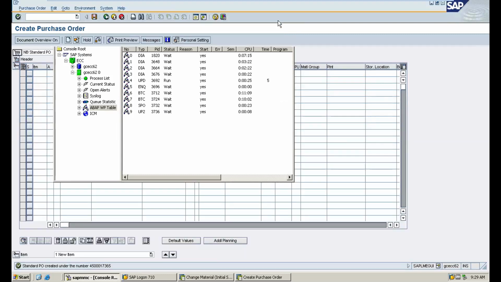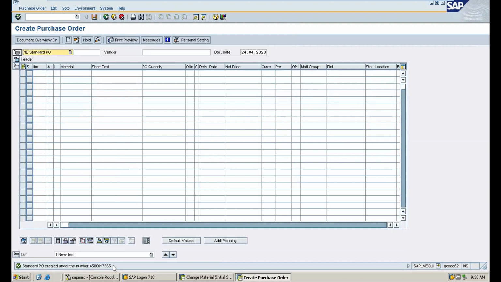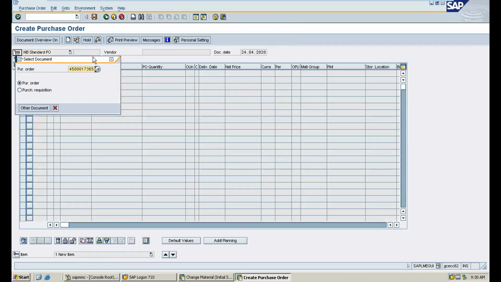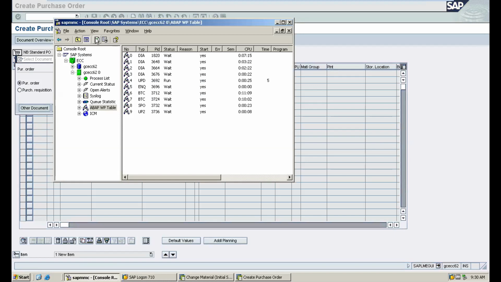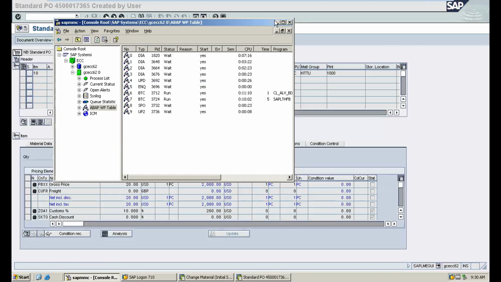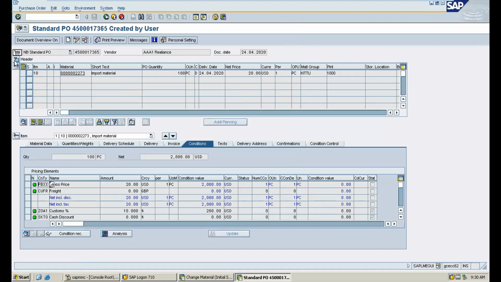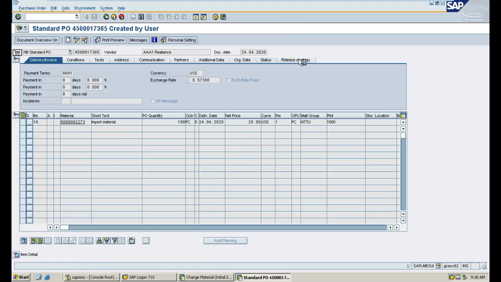The PO has been created, 4500017365. Check whether the release strategy is there or not. The release strategy is there.